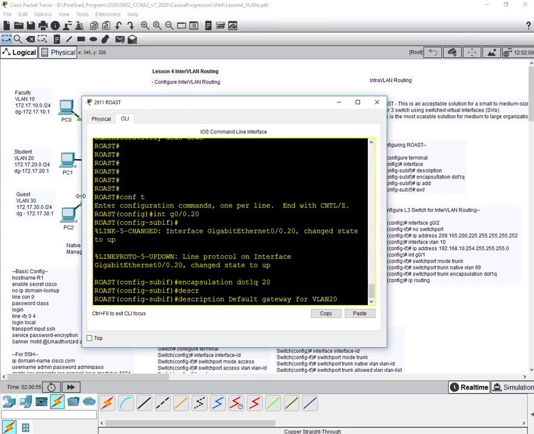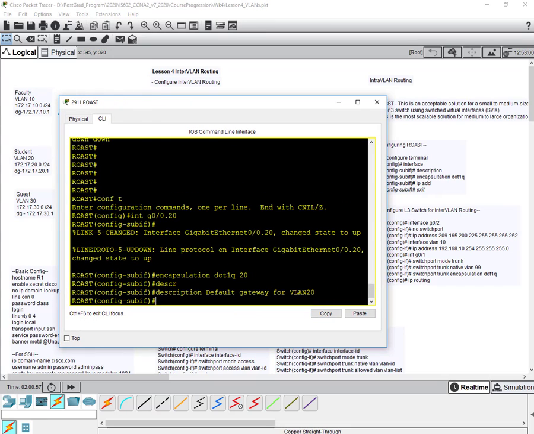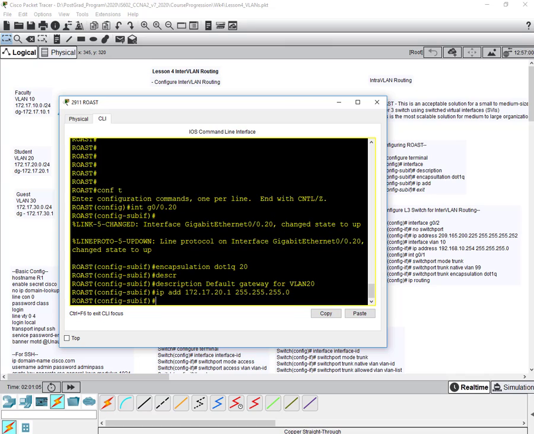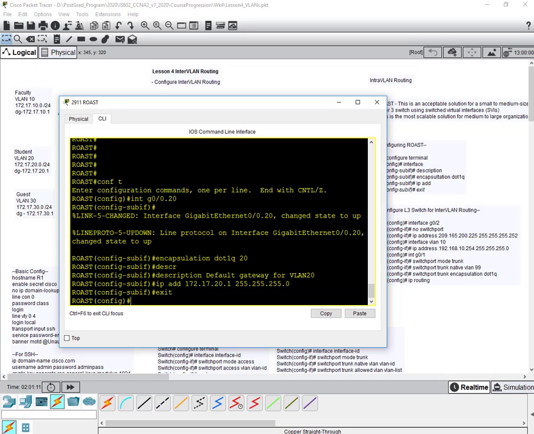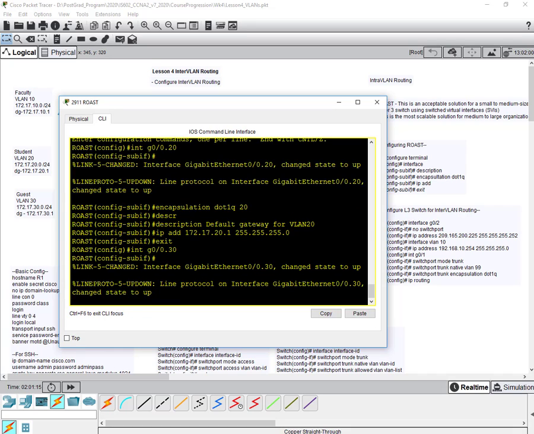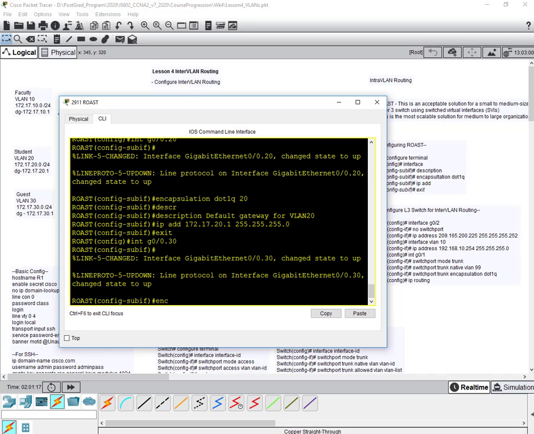With an IP address of 172.17.20.1, 255.255.255.0, and I think that's all I need to do. So I'll exit. I'll go int G0/0.30, encapsulation dot1q 30, that's for VLAN 30,